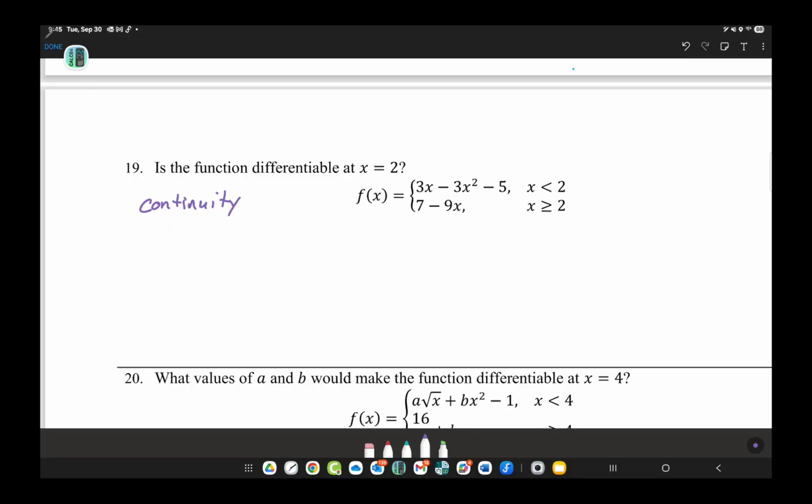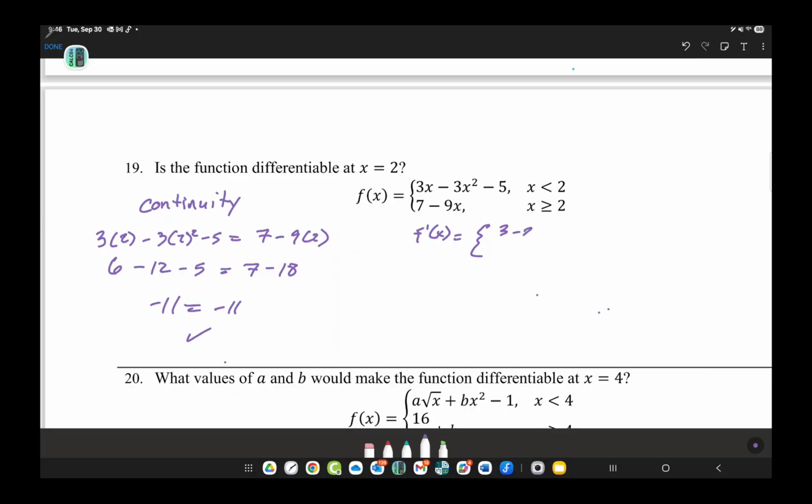So that means I plug in 2. That means that 3 times 2 minus 3 times 2 squared minus 5 must equal 7 minus 9 times 2. That's how we check continuity. So it gives you 6 minus 12 minus 5 is equal to 7 minus 18. So we get negative 11 is equal to negative 11. So yeah, continuity works. All right, then we find f prime of x,